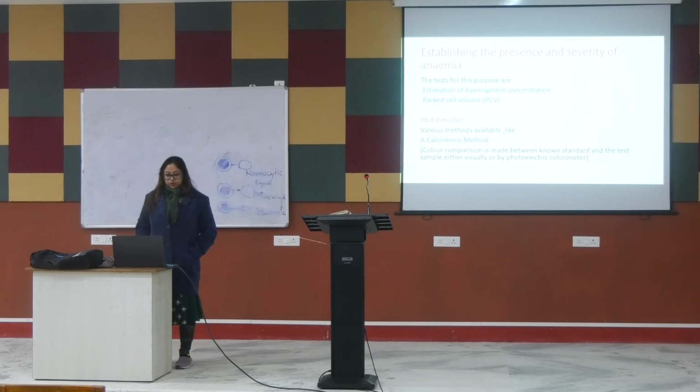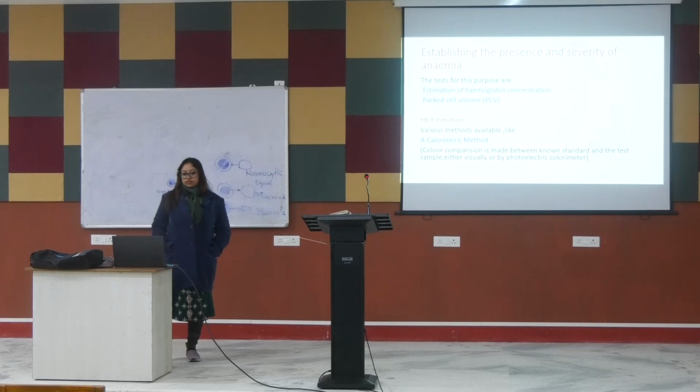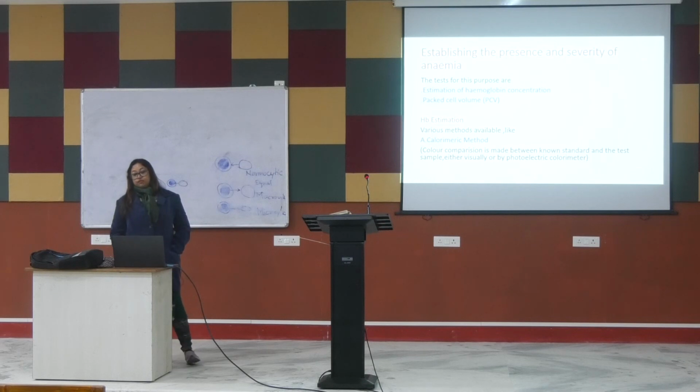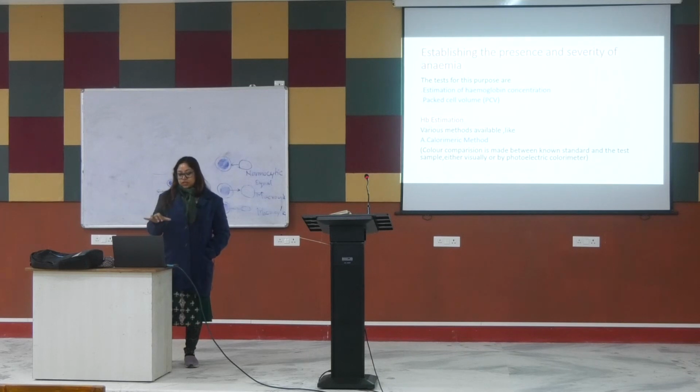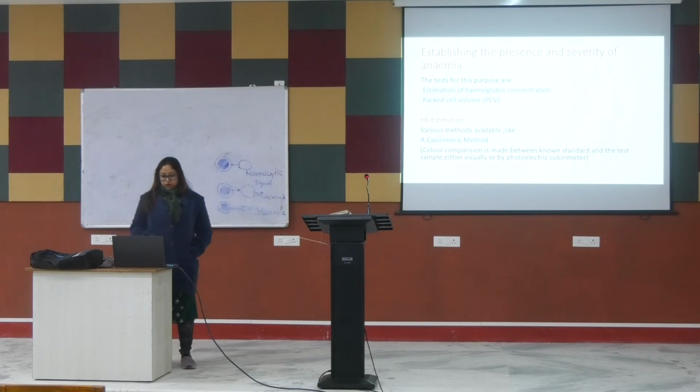Hemoglobin estimation. First, we are coming to the hemoglobin estimation. Various methods are available, like A, colorimetric method. What is colorimetric method? It is color comparison made between a known standard and the test sample, either visually or by photoelectric colorimeter. Color comparison করে দেখা হয় যে একটা known standard আমরা জানি, তার এগেইনস্টে একটা চার্ট দেওয়া আছে এবং আমরা যে স্যাম্পলটাকে টেস্ট করতে চাইছি তার সাথে এটা কম্পেয়ার করে এটা করা হয়। এটাকে বলা হয় কলোরিমেট্রিক মেথড, যেহেতু কালার কম্পারিজন করে জিনিসটা করা হচ্ছে।